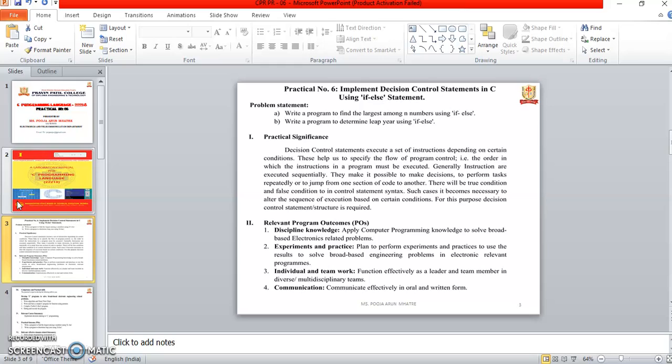The practical significance is using the decision control statements, which are the if statement, if-else statement, nested if statement, and if-else ladder. In this practical, we will see the if-else statement. This is the decision control statement used to execute a set of instructions depending upon conditions. It helps to specify the flow of control, that is, in which order the instructions are executed. It makes it possible to take a decision and perform a task repeatedly or jump from one section